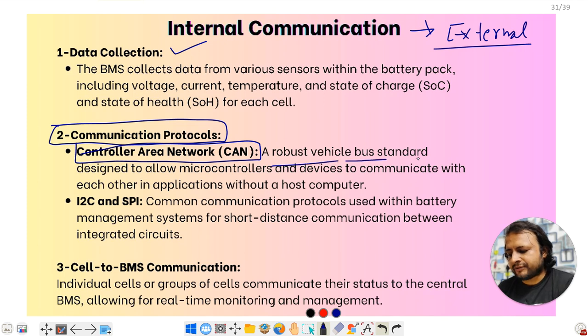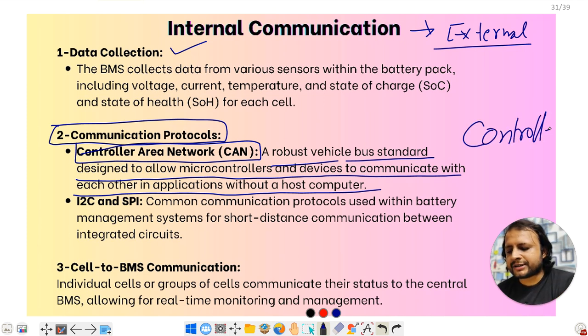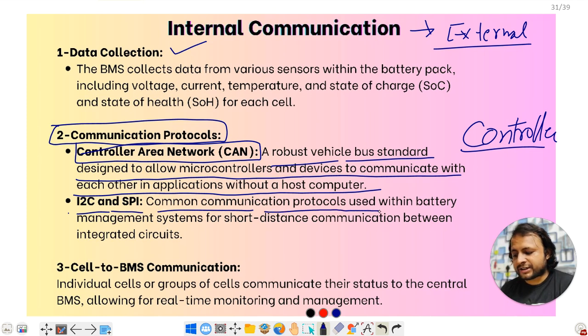A robust vehicle bus standard designed to allow microcontrollers and devices to communicate with each other's applications without a host controller. So BMS can share the data with the controller: what is the condition of our vehicle, the battery pack especially. I2C and SPI are common communication protocols. These are the names of protocols